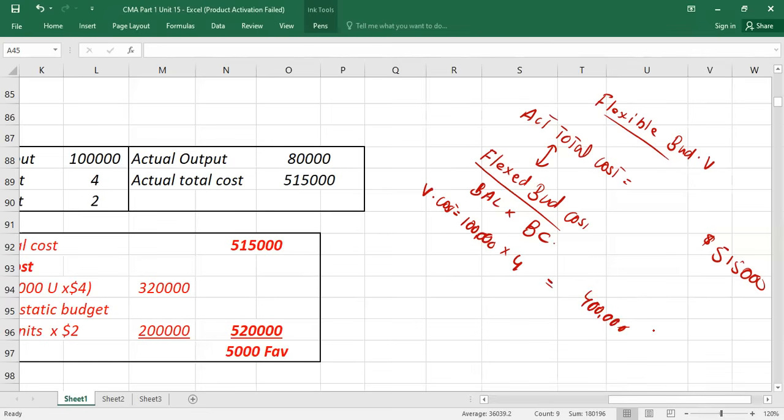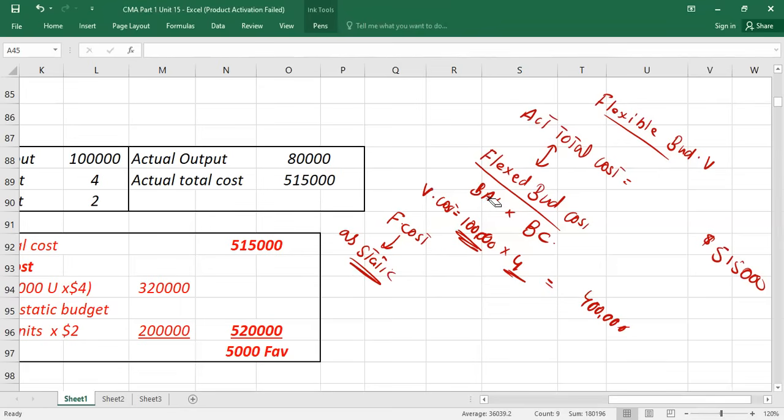Understood? Because 100,000 was the units and $4 the variable cost. Now, if you want to calculate fixed cost, don't forget the rule. Fixed cost you will always write as you have written under static budget. And what was the rule for static? You have to recall the rule. For static budget, you have to take,